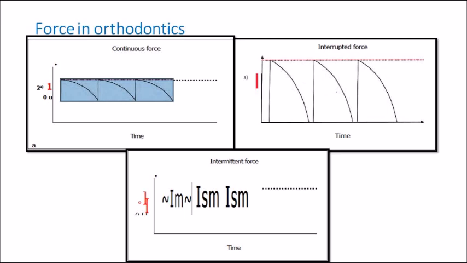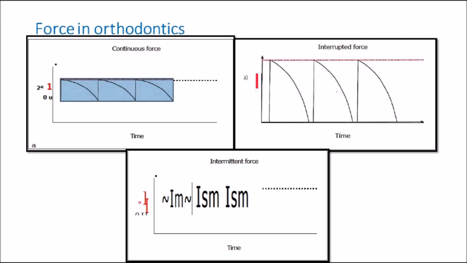Now coming to intermittent forces. An intermittent force is an active orthodontic force that decays to zero or nearly zero magnitude between two appointments. The examples are your removable active plates. When you give a Hawley plate with springs or something, the force is gradually getting reduced to zero, or nearly zero, before the next appointment. So once you put an appliance and then you ask the patient to come for activation next month, by the time the patient comes for the next activation, the force exerted by that removable appliance is almost reduced to zero or nearly zero.